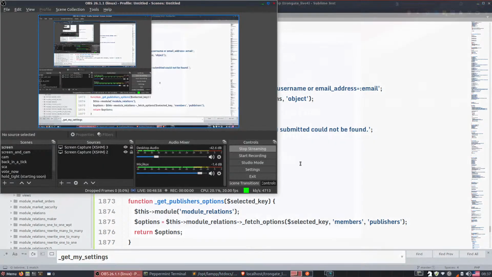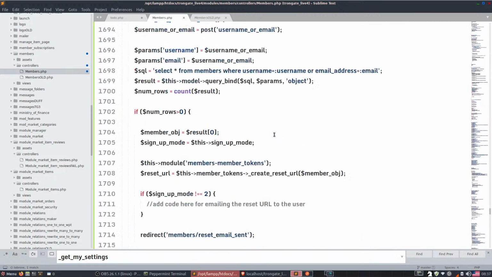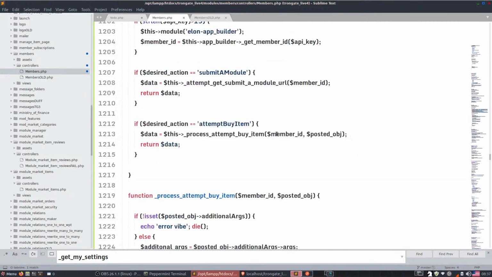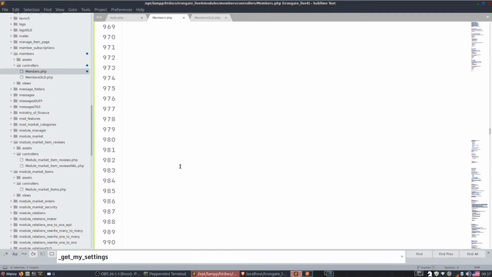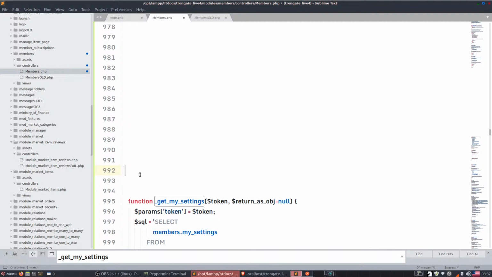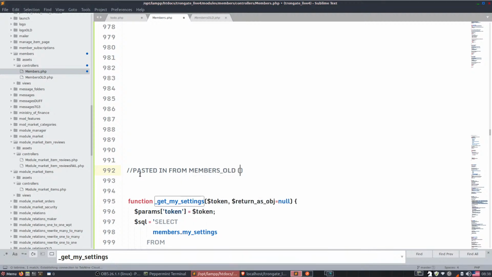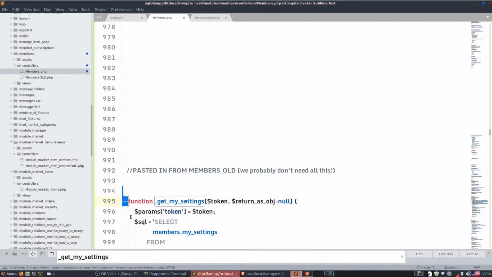Alright, well there we go. Took a wee bit of time, but we managed to get there in the end. So what this means is, all of this stuff has been pasted in from members old. We probably don't need all this. We probably don't. But